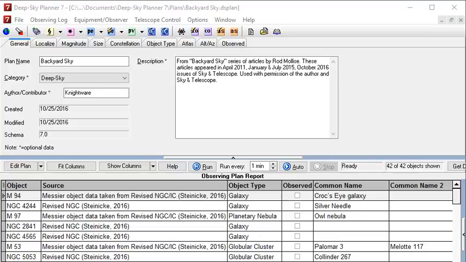There are two ways to transmit a file to SkySafari. We can either transfer it via iTunes file share, or we can email the file as an attachment to a message. So for this particular demonstration, I'm going to email the observation plan to an iPad running SkySafari 5 and also running iOS 10. So in order to get started, we need to find the file so that we can